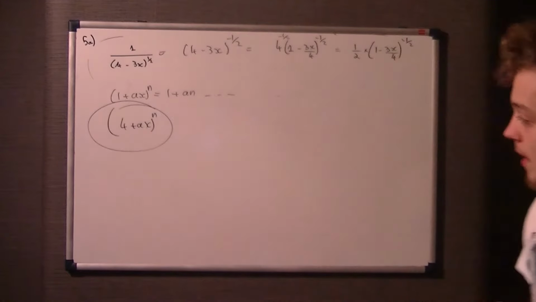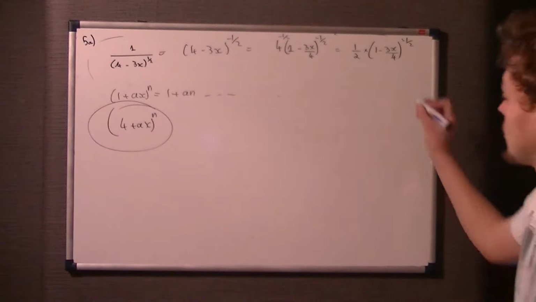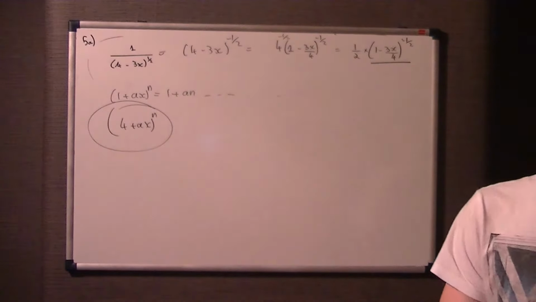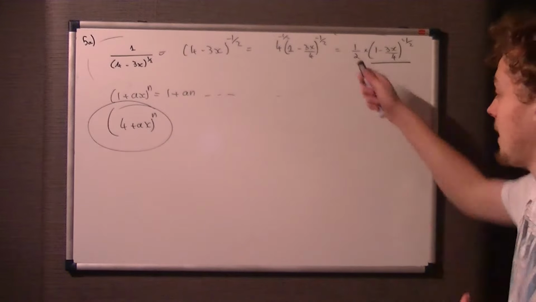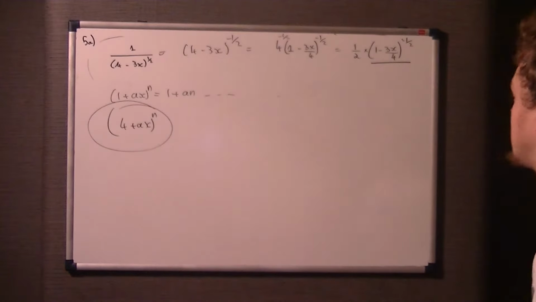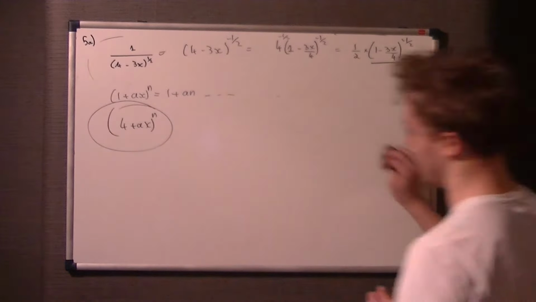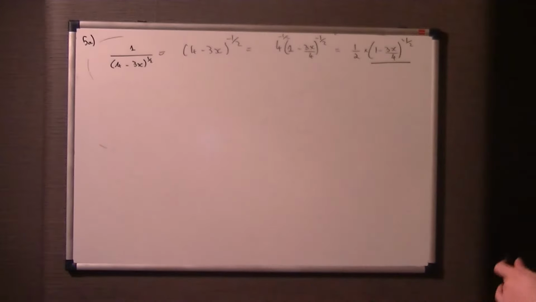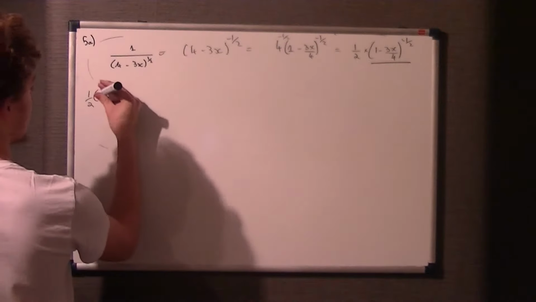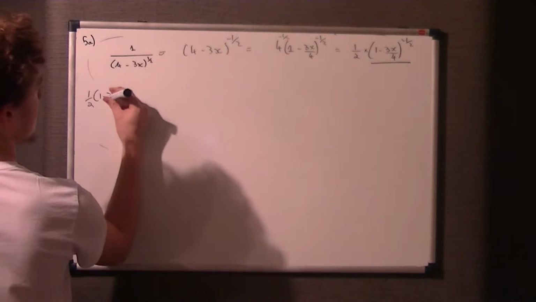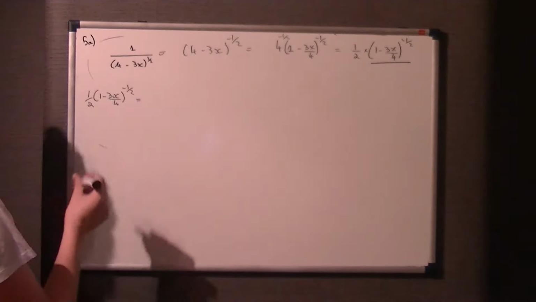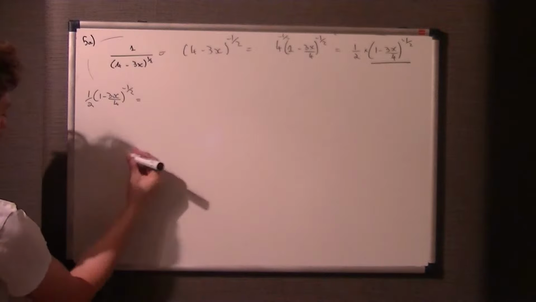which we can now expand. Okay, so a couple of ways you could do this. You could expand 1 take 3x over 4 all to the power of -1/2 and then times it by 1/2, or you could just keep the half with it and then times all your answers by 1/2. I'm going to do the latter. So what we're going to do now is rewrite this bit of information here. So it's a half, 1 take 3x over 4 all to the power of -1/2. Now it might be a good idea at this point to write down, comparing it to 1 plus ax to the power n,